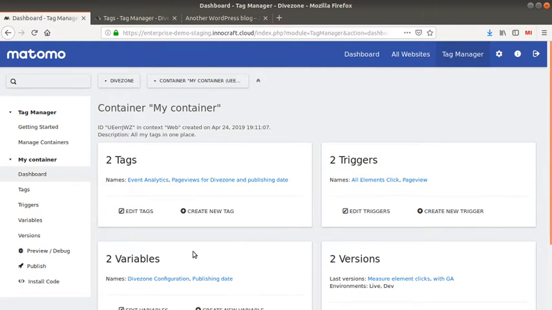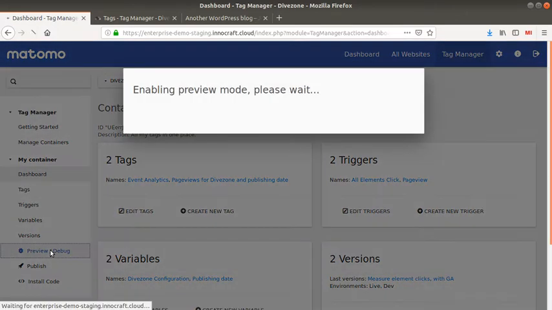So what you shouldn't do is to click here on publish straight away, because you never know if something bad could happen. For example, your variable could not pick up the value that you are expecting. Maybe your triggers are not working the way that they should do. Maybe the tags that you are implementing, if you are using the custom HTML tag, for example, can technically break your website. Well, you don't know that until it's published, but you don't want to have your visitors to be your guinea pig. So that's why you choose here the preview and debug mode.